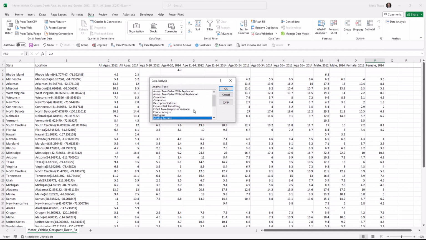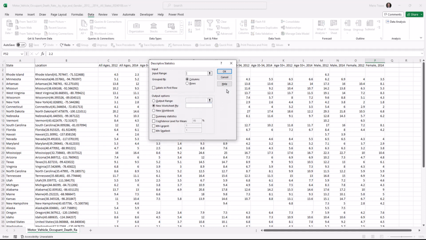Here we have a pop-up box, and we want Descriptive Statistics. Press OK. We get another pop-up menu that says Input Range. So this is the range that we want to analyze. In this case, we want it to be male 2014, which is column N. So we'll say all of column N. And our data has labels in the first row, so we'll click that.